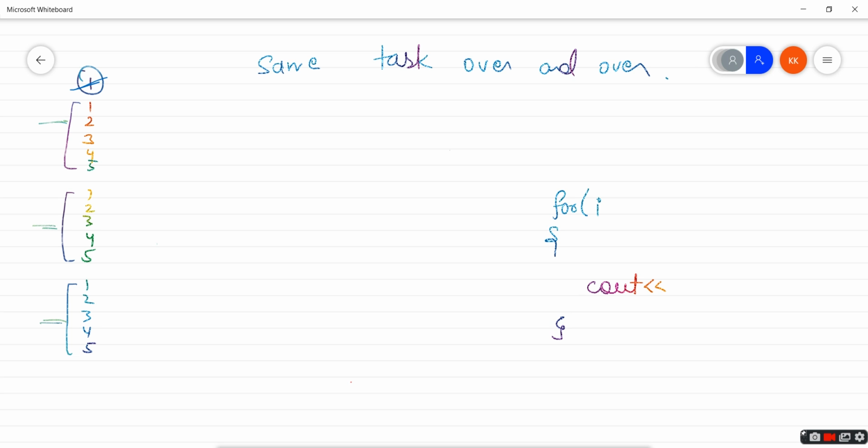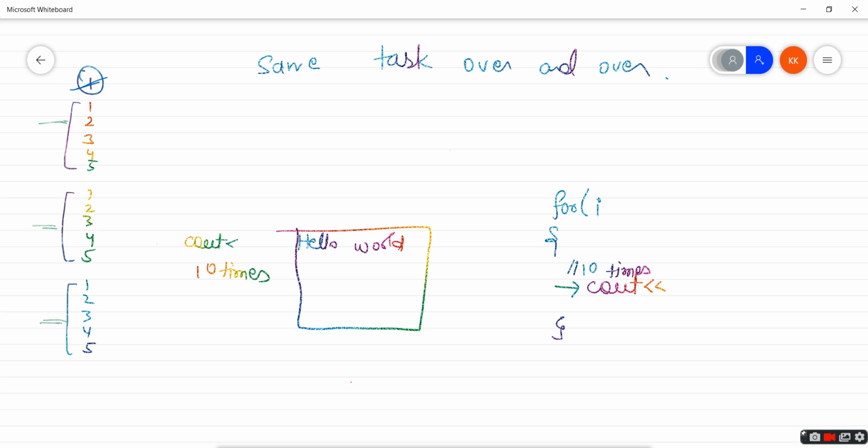Let's say I want to write this hello world 10 times. So I need to make sure that this cout is executed 10 times, right? Then only I can achieve this output of printing hello world 10 times.